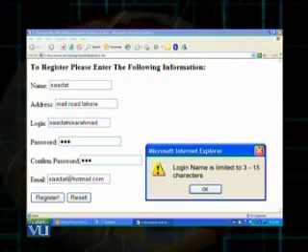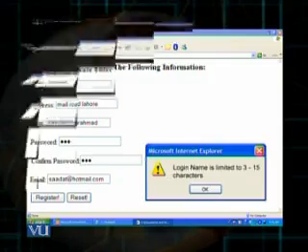It is beyond the limit of max length, which was 15. So that would result in the warning message, and there would be an alert box stating login name is limited to 3 to 15 characters. Whatever I had contained in the string in the alert function would be displayed.